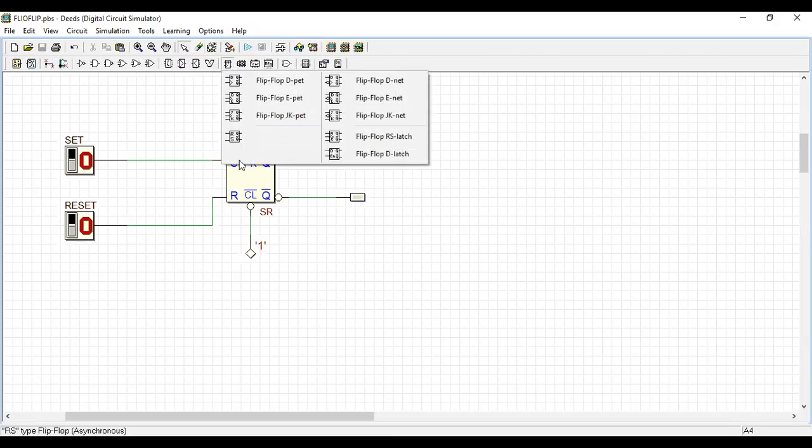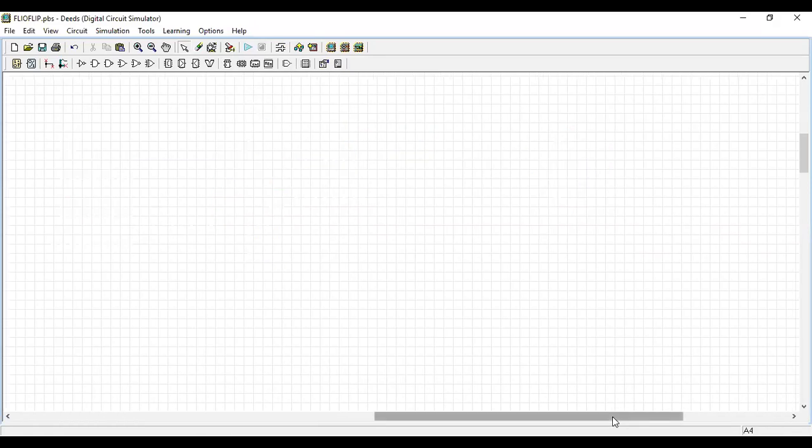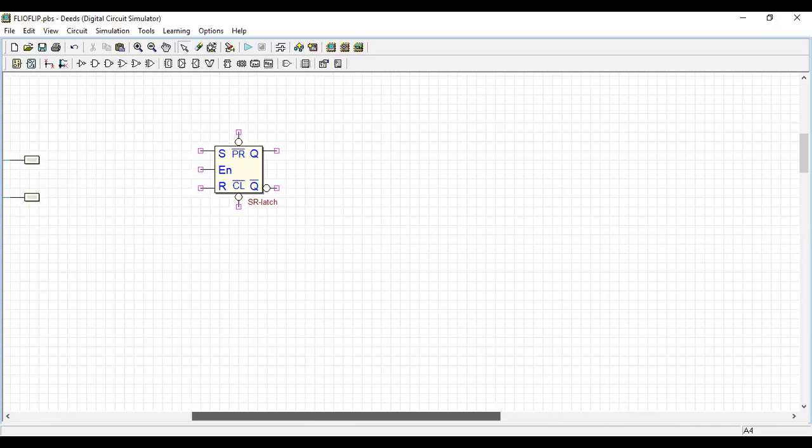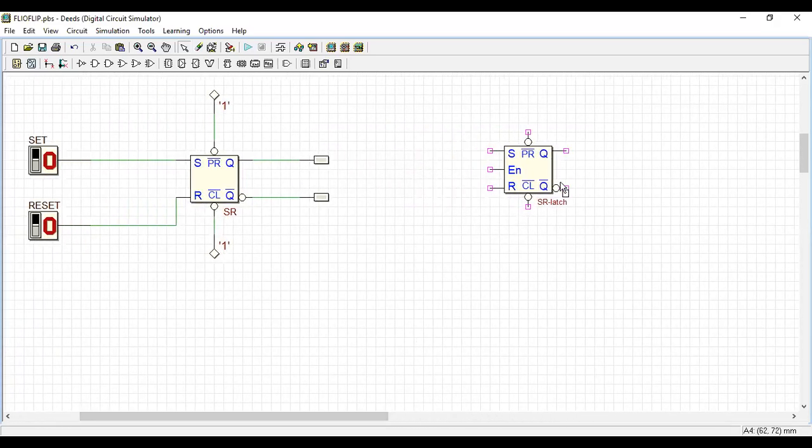Now again I'll take an SR latch. This is a different SR latch. Which pin is extra here? EN is the extra pin.